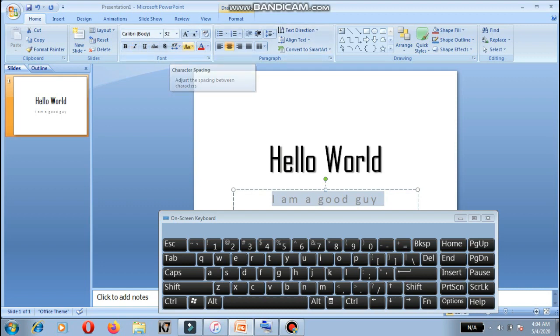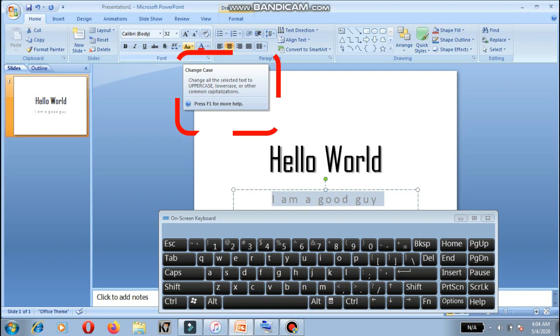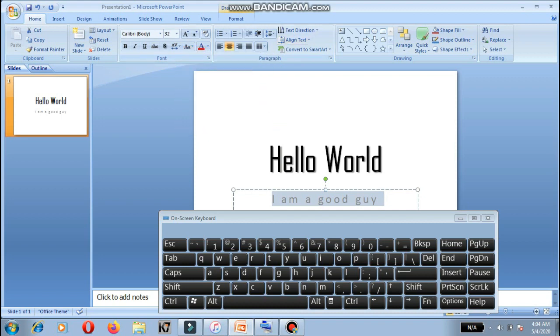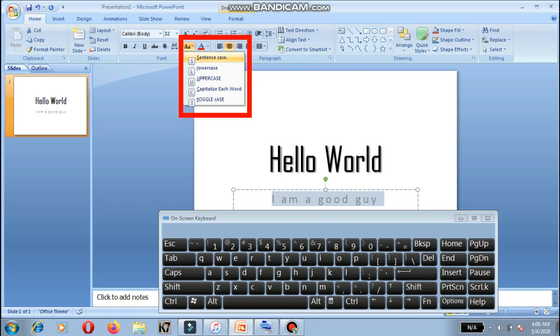So now we will be changing character case. Character case is basically change the selected text into uppercase or lowercase or both as per your wishes. So how to do this? Select the line as I have already selected here, and after this press Alt key, and after this press H key, and after that press 7 key, and after that you will be seeing a short dialog box of change character case.